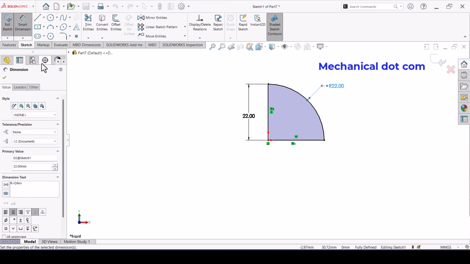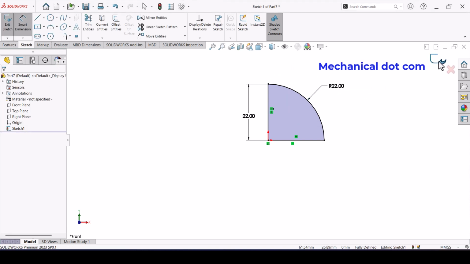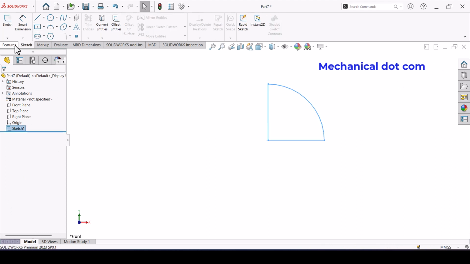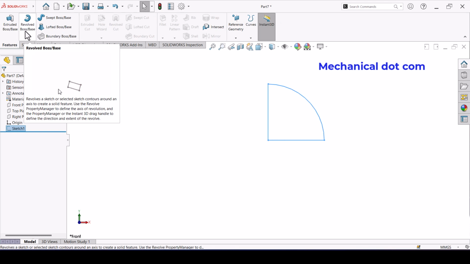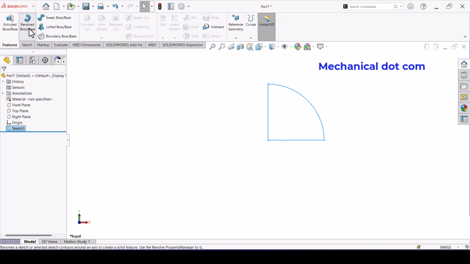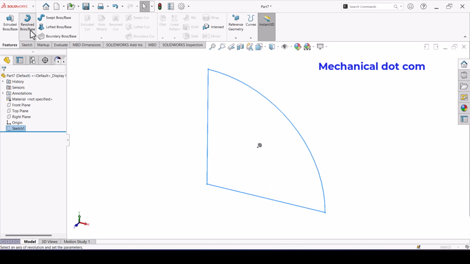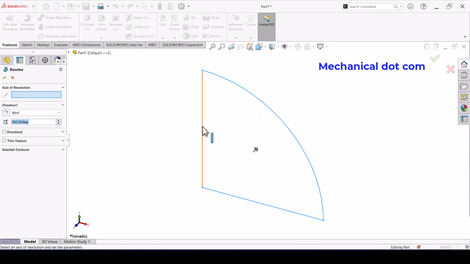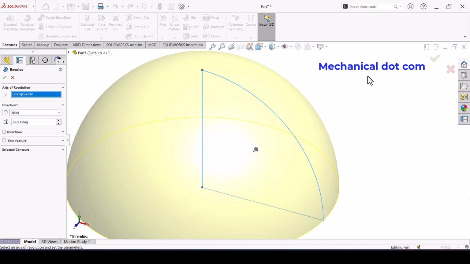Now exit the sketch and go to Features and go to Revolve Boss Base and select this line and press OK.